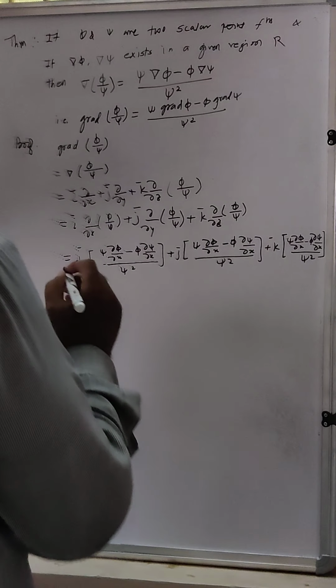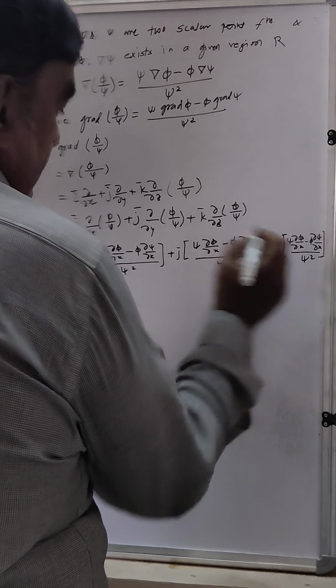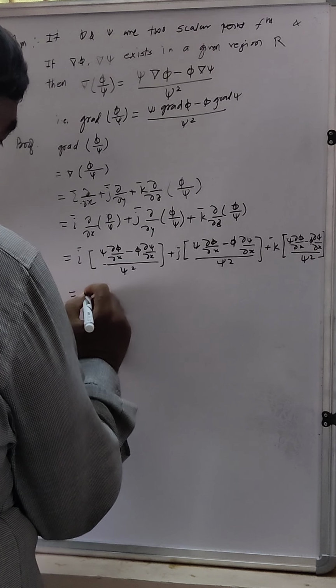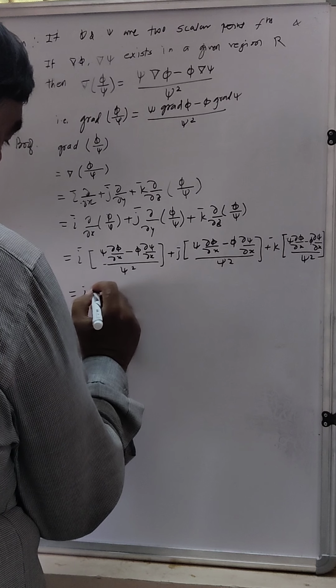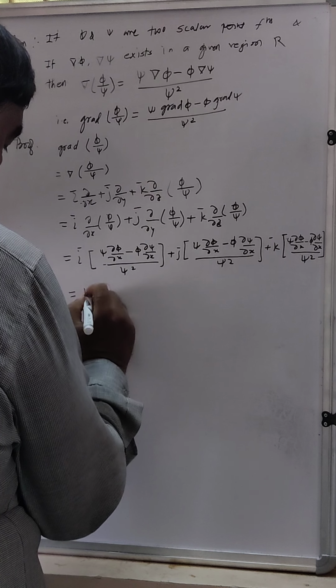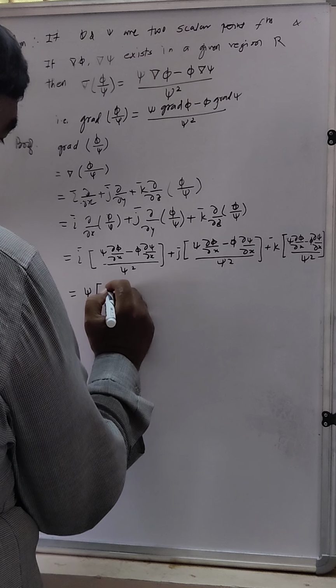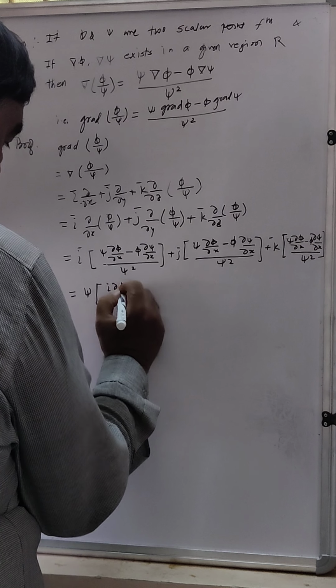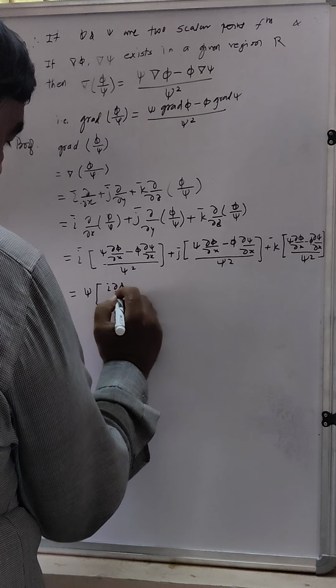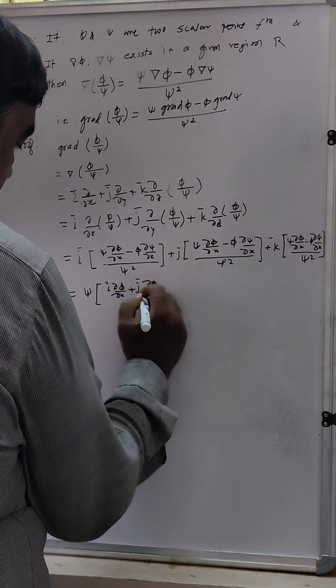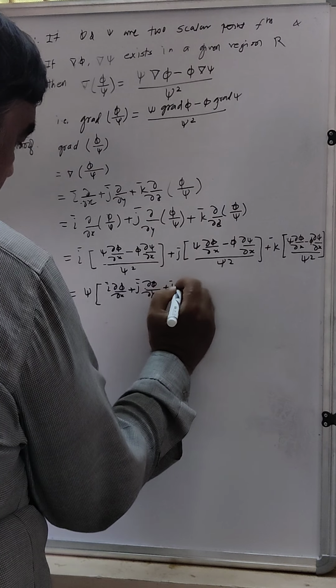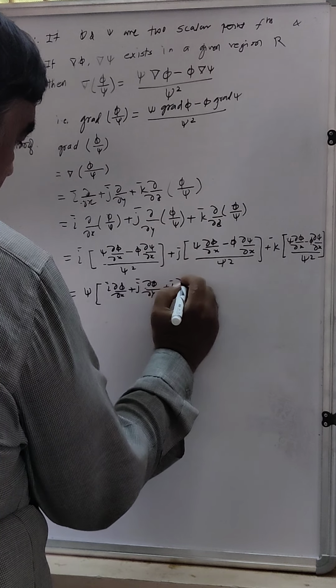Psi is common in the bracket: i ∂phi/∂x plus j vector ∂phi/∂y plus k vector ∂phi/∂z upon psi square,